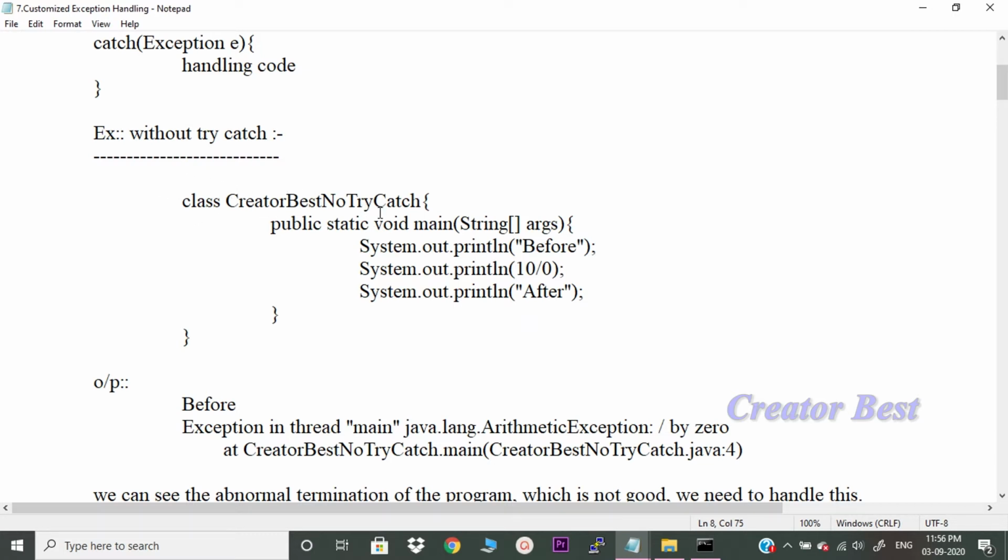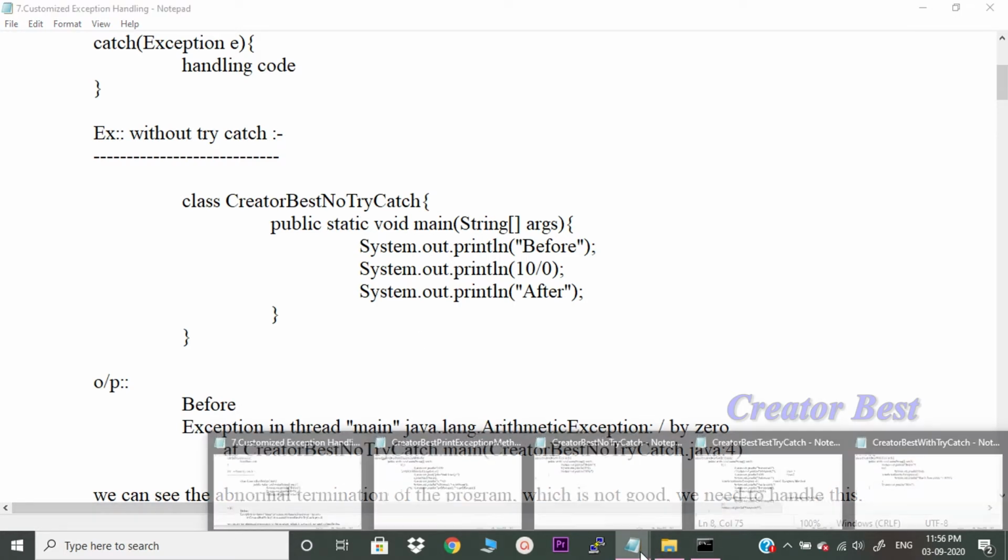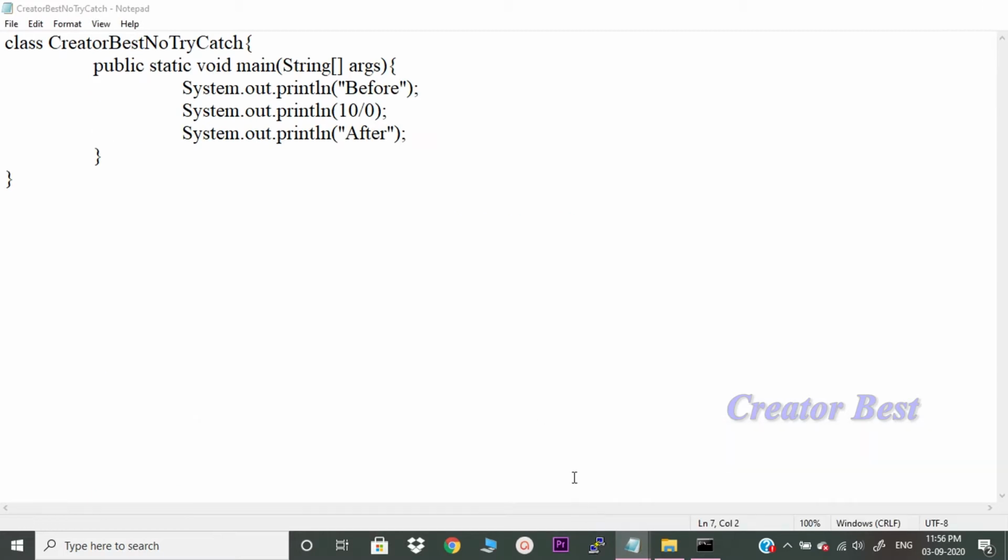Let us take this program. I have taken a simple exception, a divide by 0 error. First we try and execute this program without the try and catch block. I have already taken a program. The class name is CreatorBase NoTryCatch.